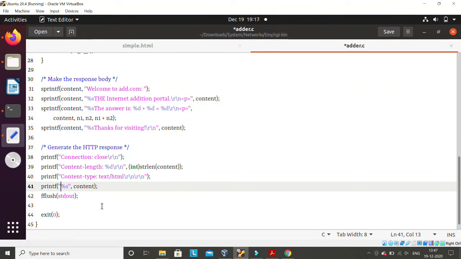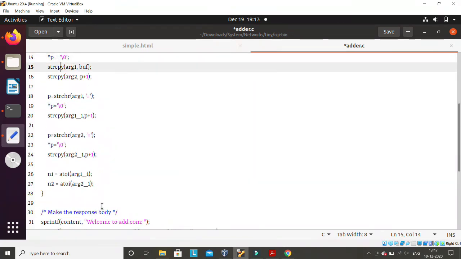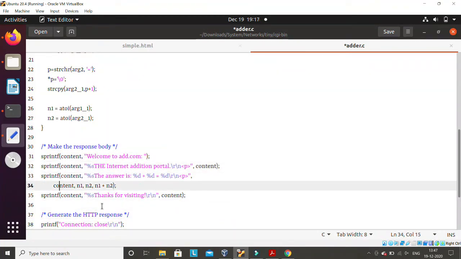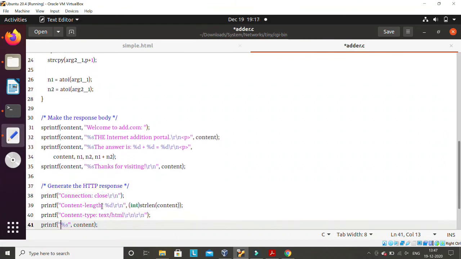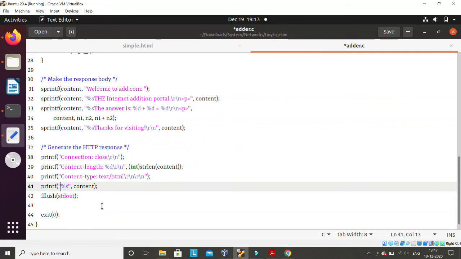Now there is one more doubt, maybe you will ask me: sir, another important thing here is line number 41. It is fine that these two values that you are sending, a and b, are coming through the environment variable, and you are parsing them and storing them in n1 and n2, as we have done here. Then based on n1 and n2, we have created a dynamic HTML string, and that string needs to be sent to the client. But where are you sending it to the client? Here you are not sending it to the client, sir, you are just printing it.